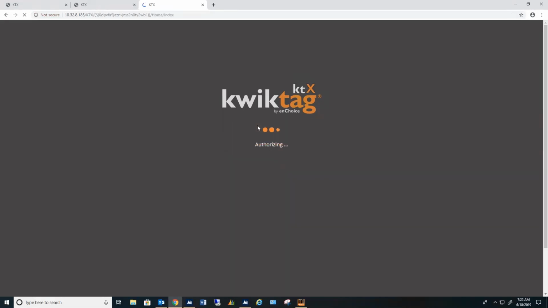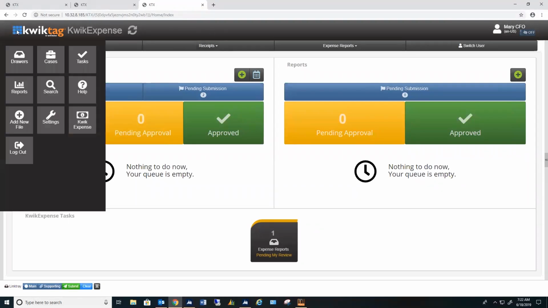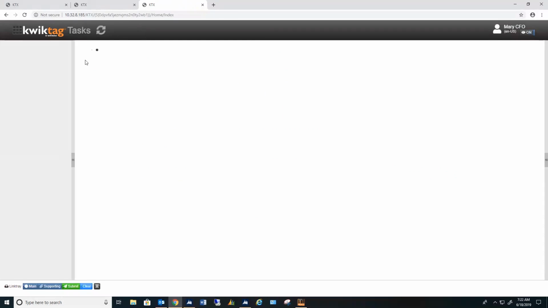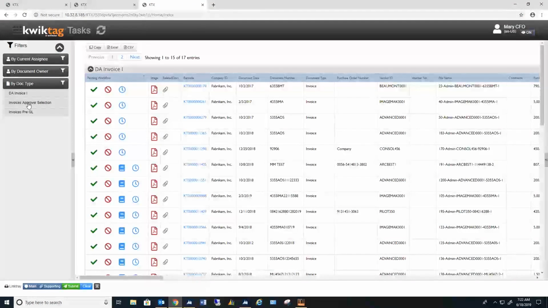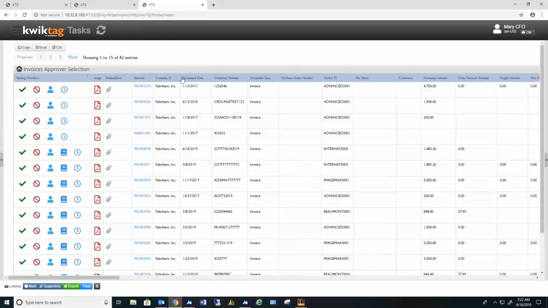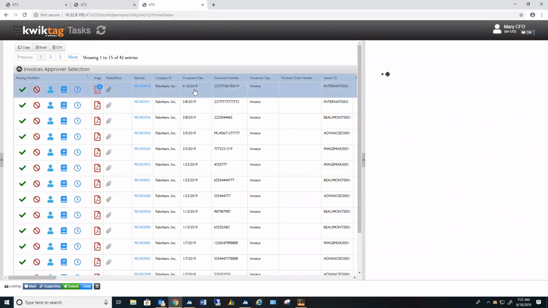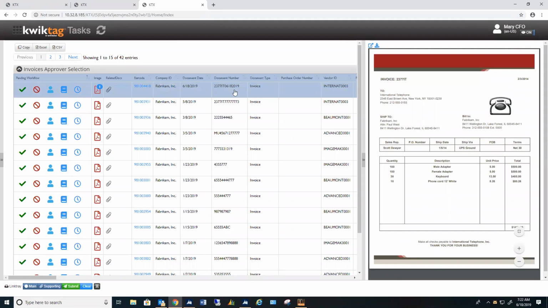Now in my case, Mary CFO is going to be a review and approver only. She's going to come into QuickTag and into Quick Payables and look at her tasks. Her tasks are going to have lots of different document types. In our case, we're just going to look at those for approver selection. Now, you can see that she's got this full list of documents to review and approve. If we sort by document date, it's going to come here right at the top. I click on that row,